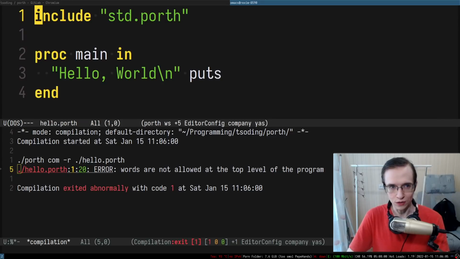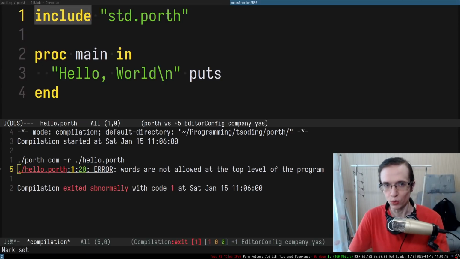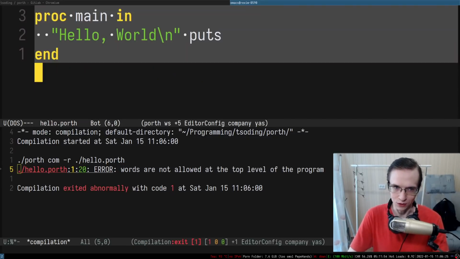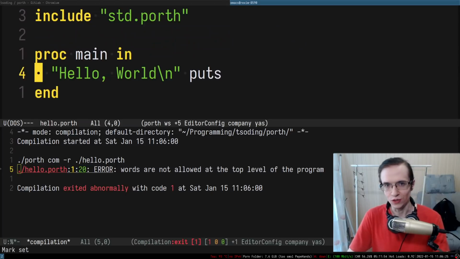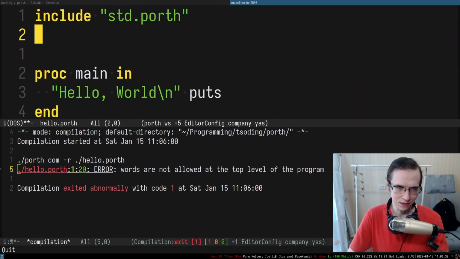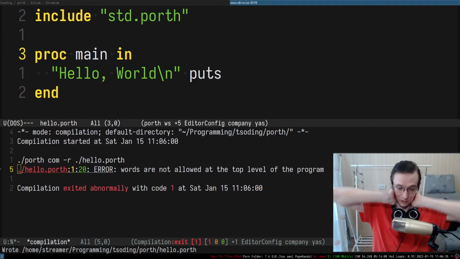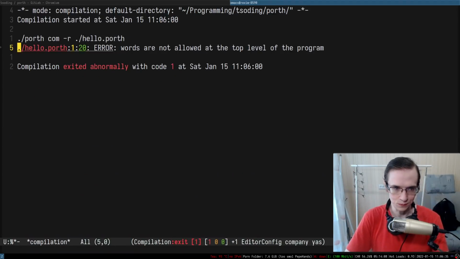Right, so essentially what we have in here, we have a keyword include, then we have a string literal, and after the string literal we have this invisible \r, right? It's invisible in this specific text editor. And our compiler interpreted it as a word, and no words are allowed at the top level. You can only put words inside of the procedures, or maybe inside of constants or something else, but at the top level it is not allowed to have that, and that's why it says this kind of error.